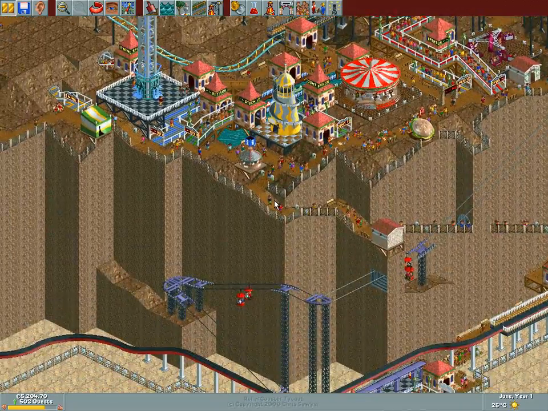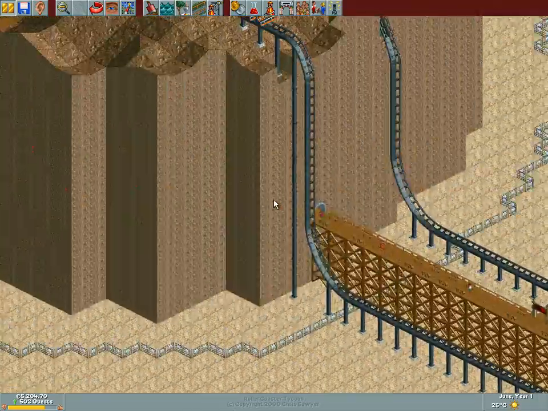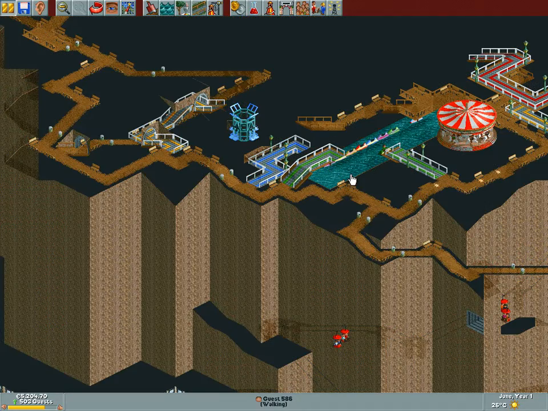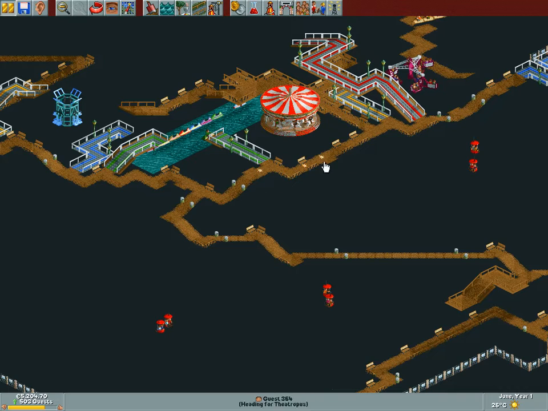Anyway, so last time we built stuff, specifically over here. But what I really think we should do before we continue is start up with our routine checks. And what I see, for example...